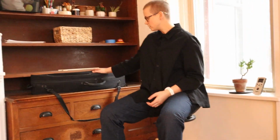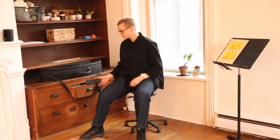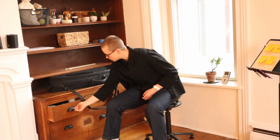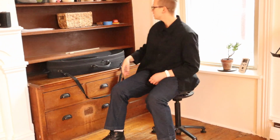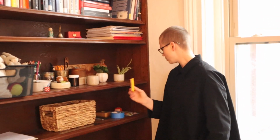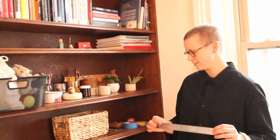My violin is right next to me, usually open, sitting in its own case. And I have all of my accessories and tools that I need right at my side. In this drawer, I keep a lot of shoulder rests and chin rests that I can try out with students. In this one, rubber bands and post-it notes and batteries and all of that. Up here I have all of my more post-it notes, stickers, tape, which I use a lot in the lesson, a ruler which I use for measuring bows, instruments, and also applying tapes,